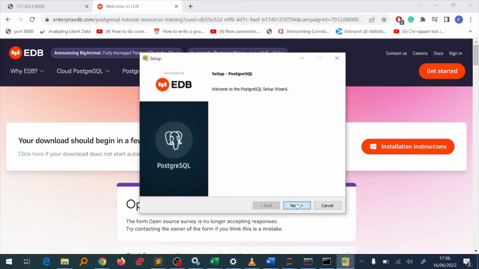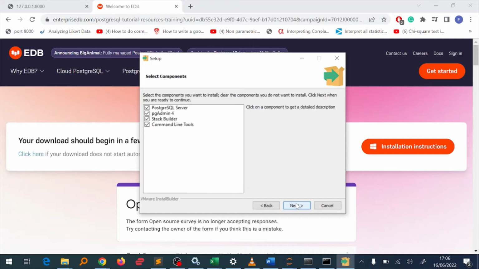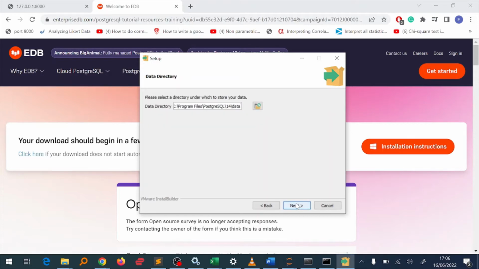Okay, next. If it's the first time downloading this and setting it up, it will prompt for a password. Make sure you know the password and have written it down somewhere, because it's what will be used. As you can see, there's a password here. I'll just write